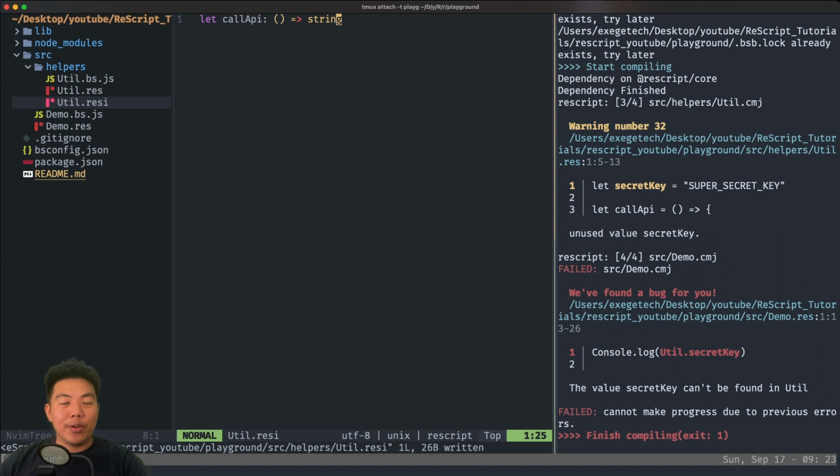Okay, so we have covered the basics of modules in this video. Hopefully that wasn't too confusing. Rescript is designed to be easy to use. If there are still things that you haven't grasped enough, don't worry, modules come up from time to time, so you'll get it in no time.